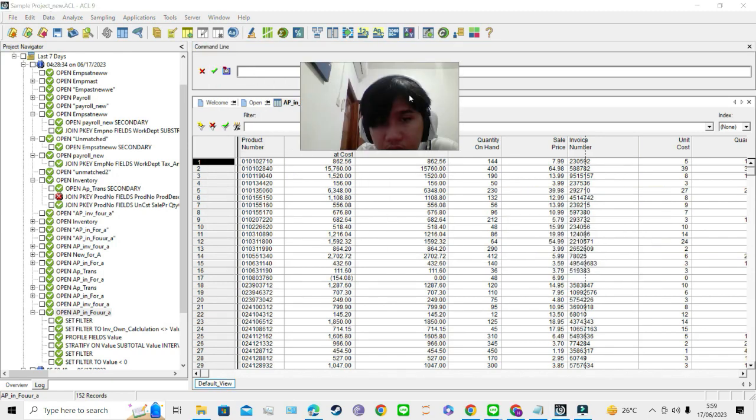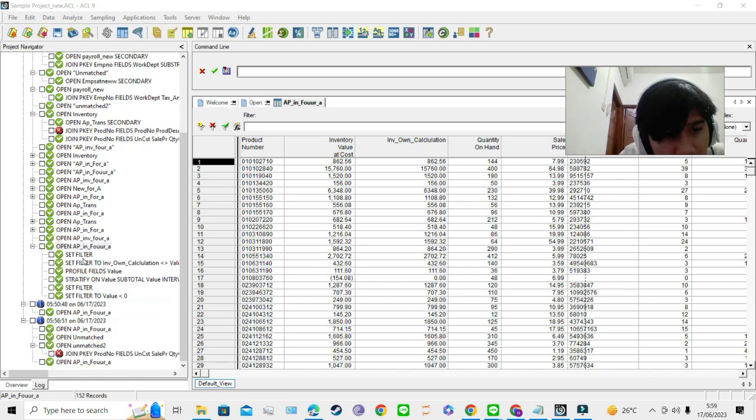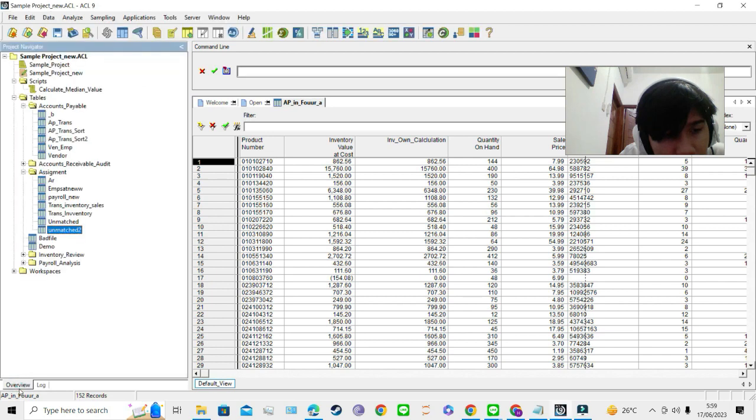So basically, sorry, we join the tables between accounts payable and inventory. We use the primary key of product numbers between accounts payable and inventory,